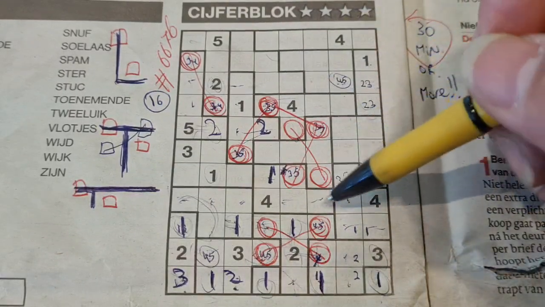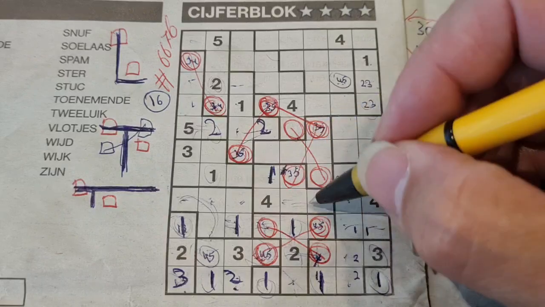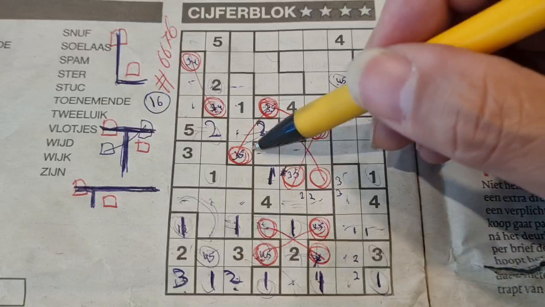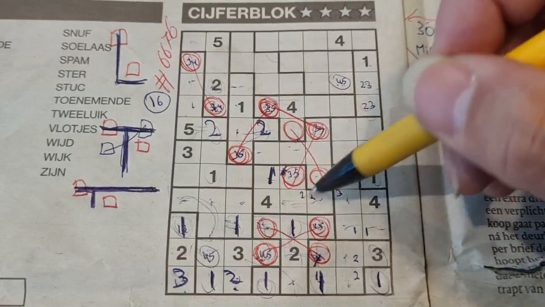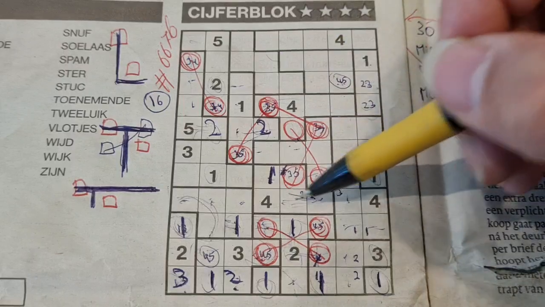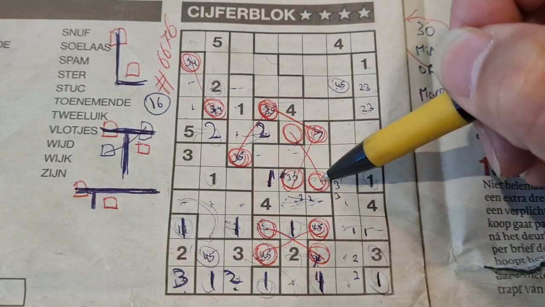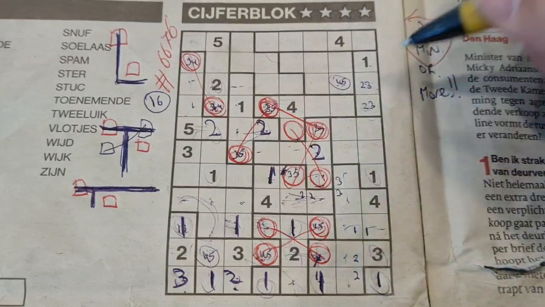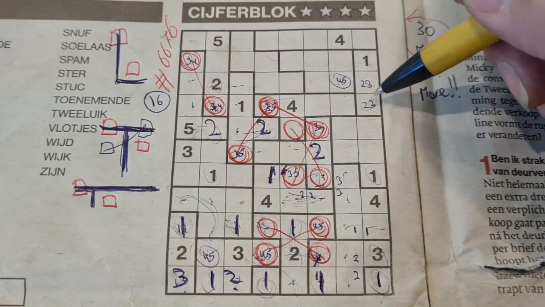Alright, so I need a 2 here in this area. The 2 could be here, could be there. Alright, these 2 boxes can be a 2. That box can be 2. We have a double 2 there. If I place a 2 here, I cannot fill any 2 in one of those 2 boxes. So 1 box left for the 2 in this T-shaped area, should be there. Alright,